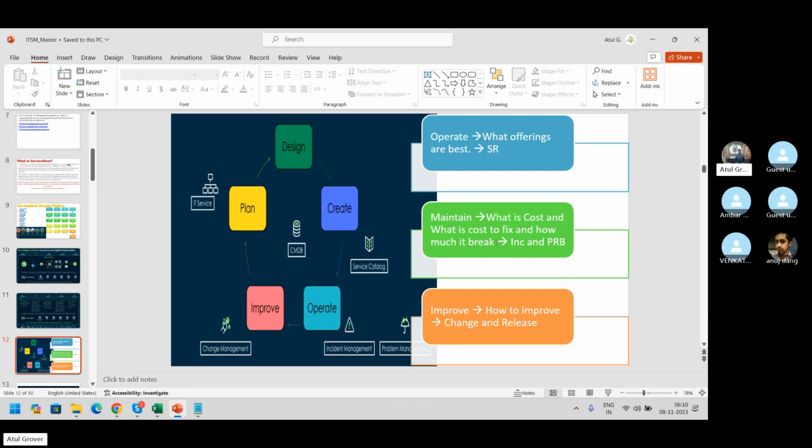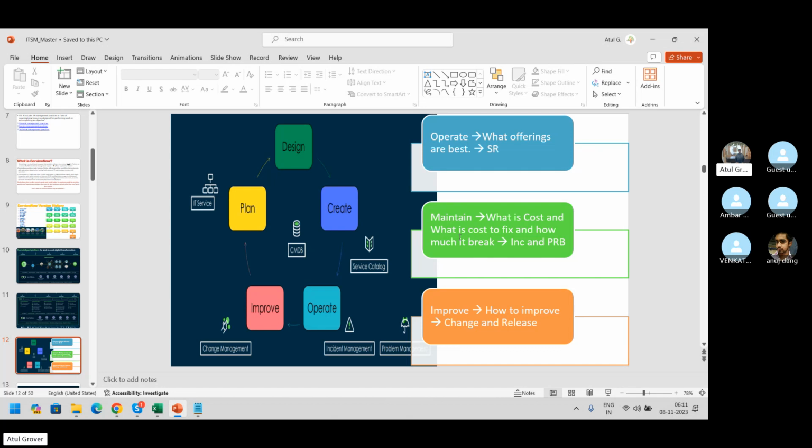This is what the cost is. And how do we track the cost? With incidents and with the help of the problem. If more incidents are coming, it means I'm taking a little hit on my service offering. Either I should close it or I should fix it. This is what comes in the maintenance part.